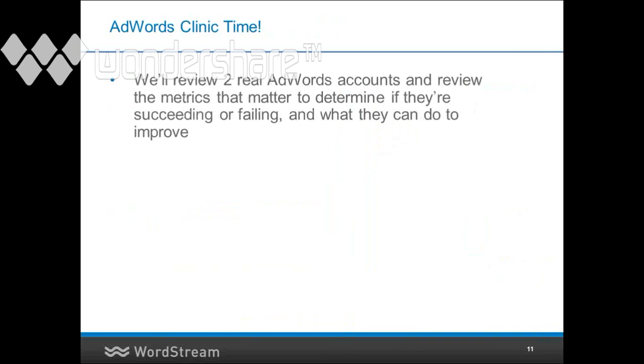We can't review everyone, but I think they're really awesome, and I congratulate everyone who volunteered to have their account audited, because that's definitely the right attitude to have in terms of trying to be transparent and get a second opinion, and be open to constructive ideas and different angles. So thank you all for